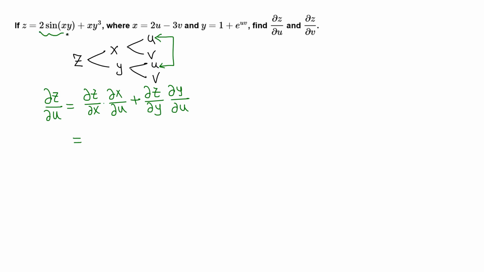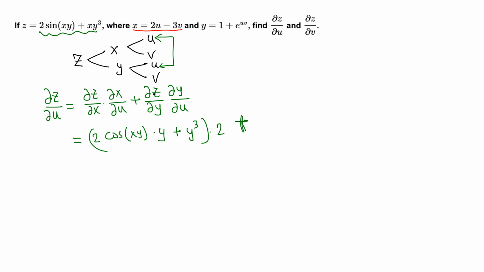we need to find partial of this with respect to x. So with respect to x, 2 is 2 cosine xy, and inside, partial with respect to x is just y, plus with respect to x, 1 gives y cubed, just y cubed, times partial of x with respect to u. So here is x, we need to find partial with respect to u, 2u minus 3v gives 2 minus 0, just 2, plus